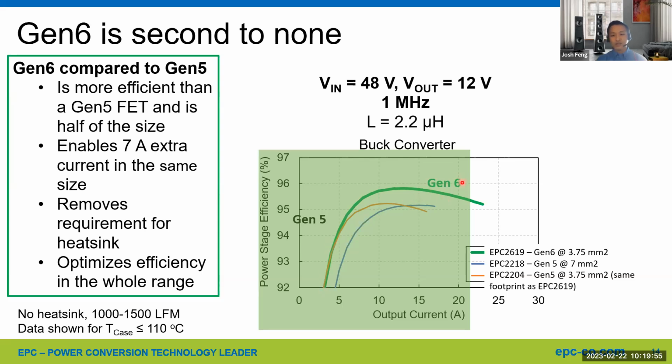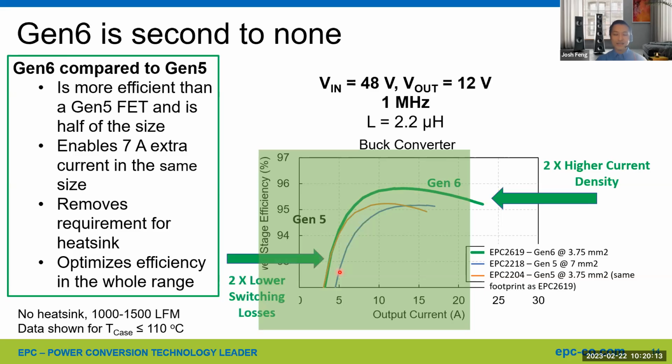our generation 6, in this case part number EPC2618, can even outperform our own generation 5 all the way to 22 amps. It provides two times the current density, as well as two times lower switching losses at light load versus the 2218. So this is actually very promising. I think this is one of the key reasons that